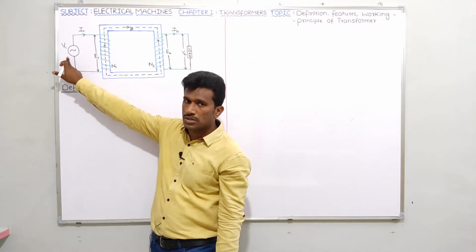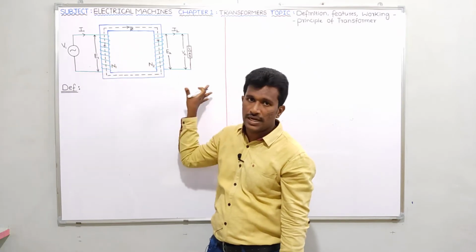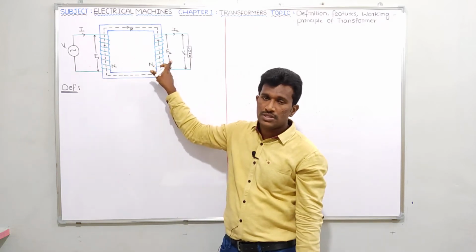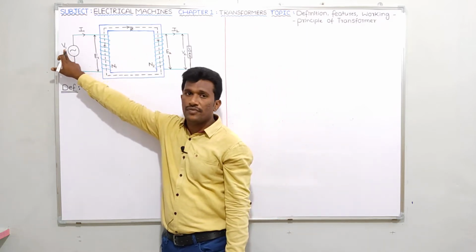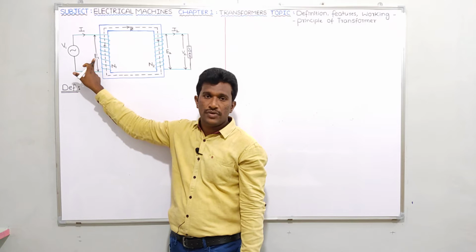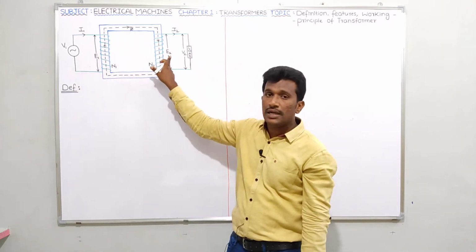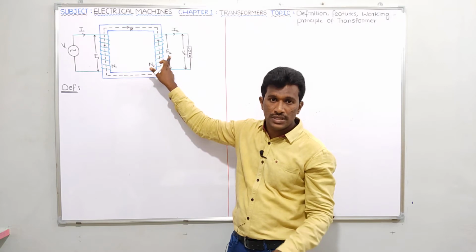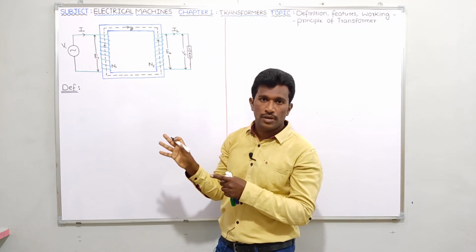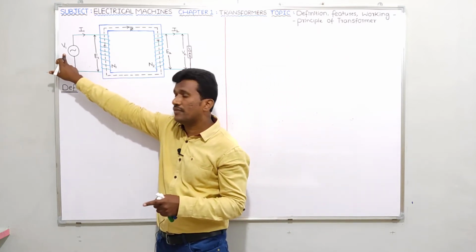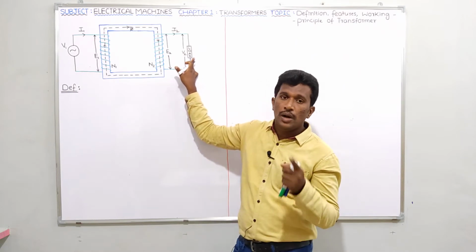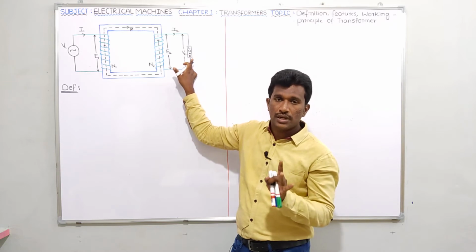For example, after connecting the voltage source, while transferring power from one side to another side, EMF is induced in the primary winding. Here also EMF is induced in the secondary winding. Suppose the applied voltage source has frequency F, the primary winding EMF will have frequency F, and the secondary winding EMF also should have the same frequency F, because our loads will be designed for frequency F. The source voltage has frequency F. Whatever loads are there, those loads operate on F frequency.